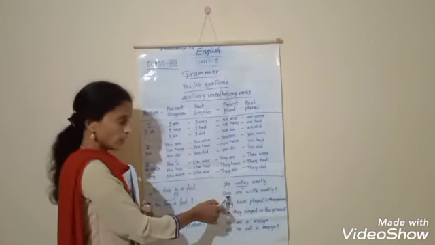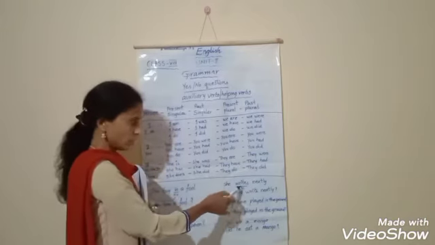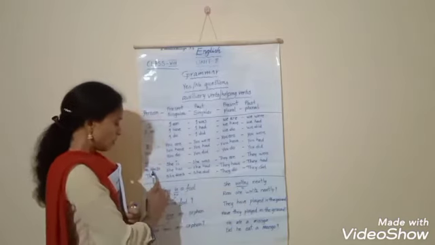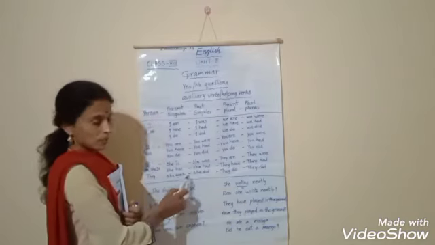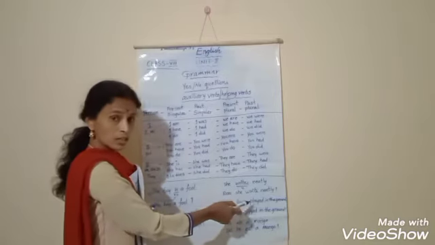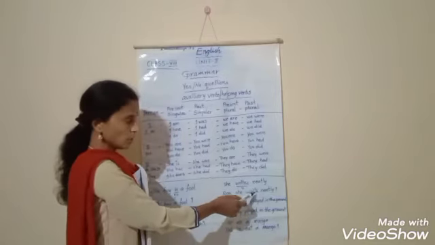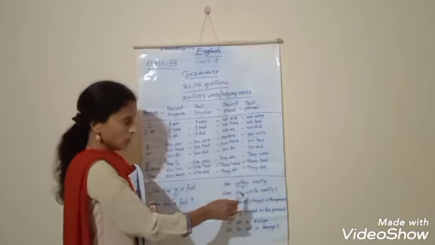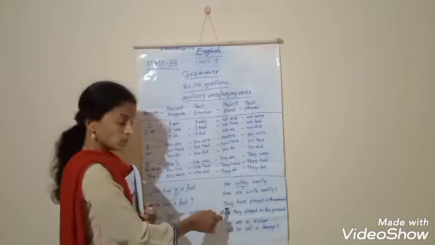So here it is. Does she write neatly? Writes is the present. What is the present auxiliary form for third person? Does, right? So, does she write neatly? Here I did not use s because I already used s in the do form itself. So this is how. Next, let us see another one.